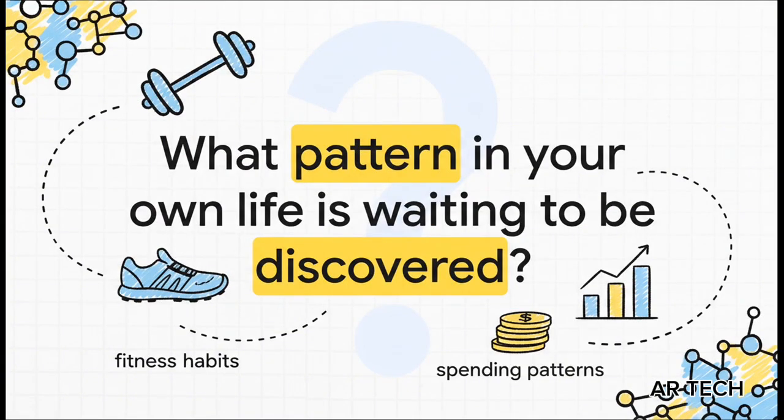So, as we start to wrap this up, I want to leave you with a little food for thought. These same principles totally apply to our own lives. From your fitness routine to how you spend your money, what patterns in your